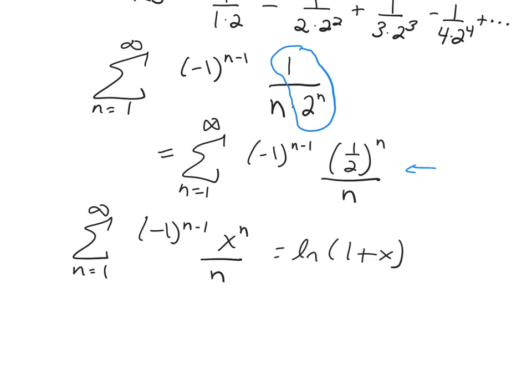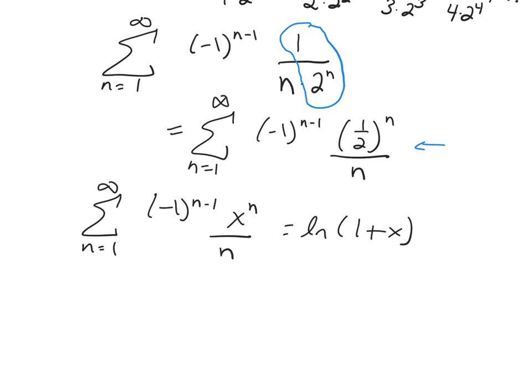And remember your radius of convergence for this one, if you look back when we wrote down the formula, it was 1. So the interval of convergence is from -1 to 1. 1/2 is inside of that interval of convergence, so I can plug in 1/2 here. Okay, so let's plug in 1/2